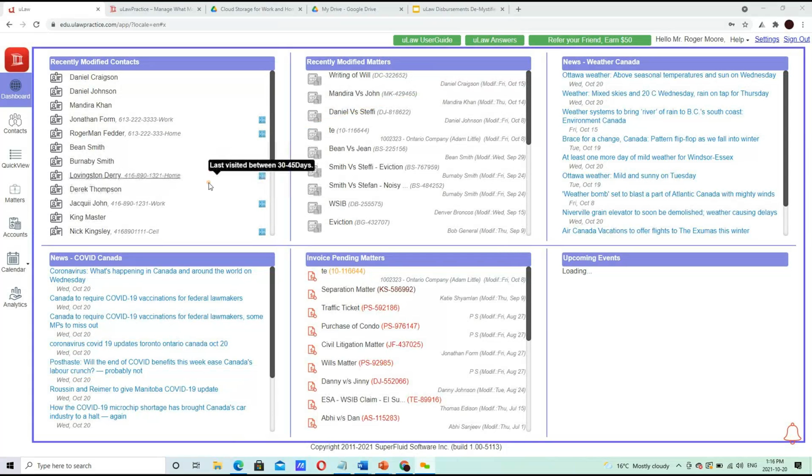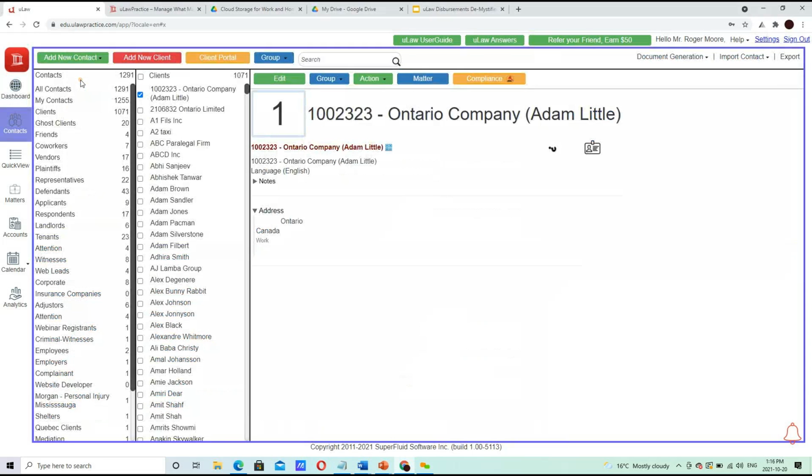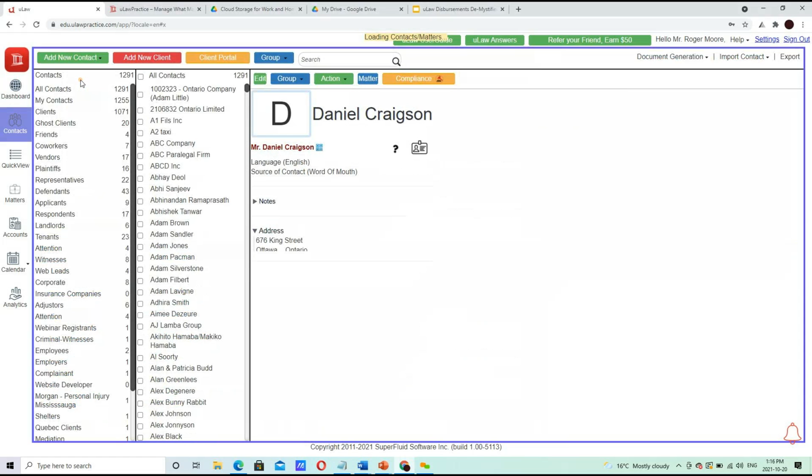Awesome. So as I mentioned, once you log in to the uLaw platform, you have your dashboard that allows you to navigate and maneuver within the system. So if you have a contact, you can click on, let's say, Daniel Craigson. It takes you right into that contact information. And if you have already started inputting contacts, then you know that's your pathway into creating a client,